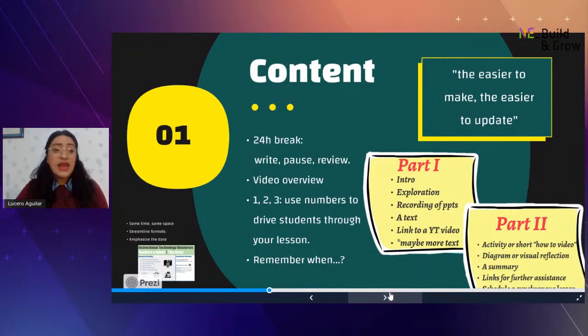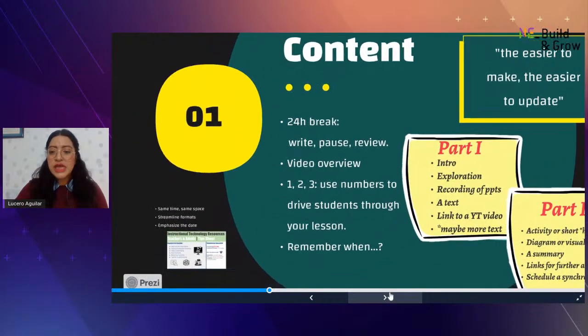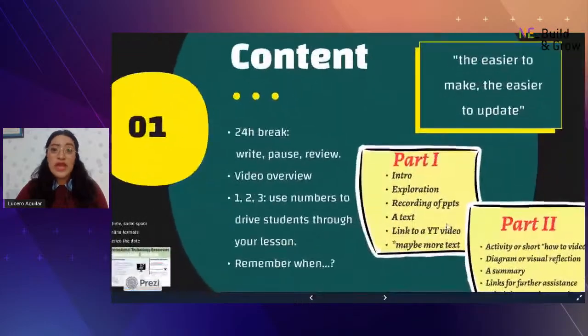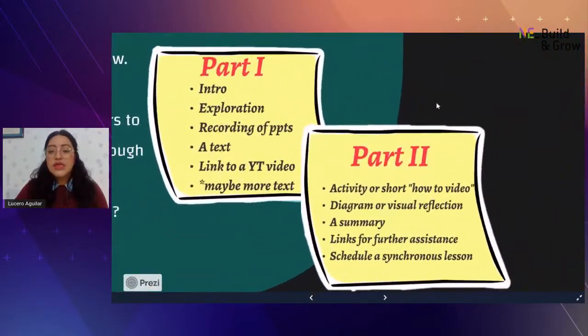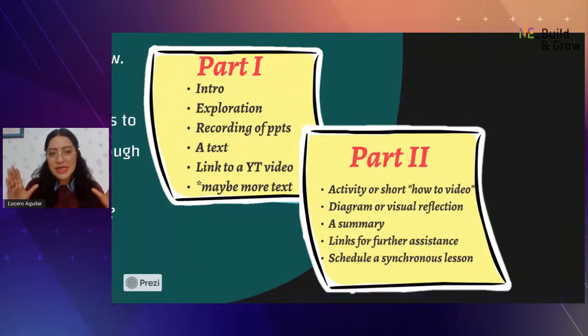And if we're talking about, again, very specific planning parts, this is one of the ideas, of course. Split. If before you would do all the things in one class, now try to split it into 2 parts. Part 1 is the asynchronous part. That is when students are working at home by themselves. So that's why the introduction and exploration, you can do that with the video that I was telling you about, or with the link to a website that you create or that you have created. So you know what is in that website, and you know how useful it will be for presenting the new